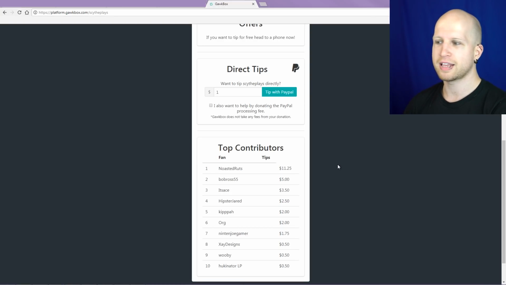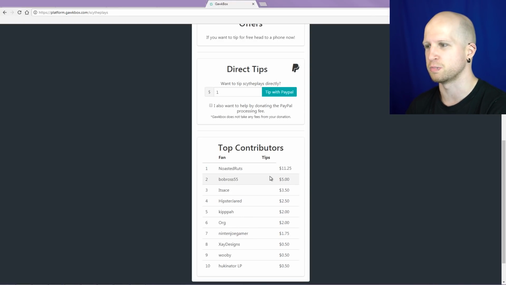And again, then you get this cool little leaderboard here. Joe's already given me 175. Then there's Bob Ross, Ace, Hipster Jared actually as well, which I remember him from a while ago. Kippa Org. I know all of these people. I remember seeing their names from a long time ago. I think Hookinator